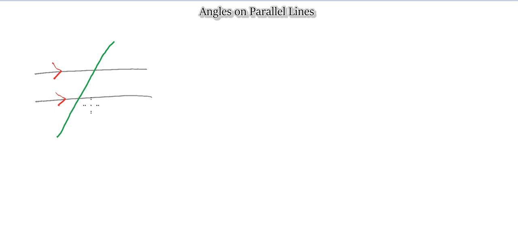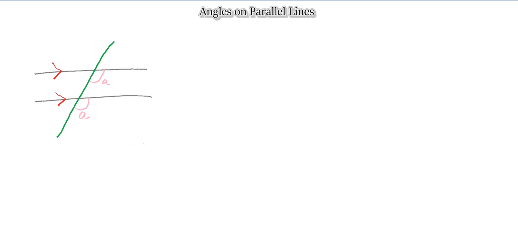So let's say if we're looking at this, let's just label that as angle A. This angle A would be identical, exactly the same as this angle. And why is that? The reason being is because these two lines are parallel, and there's only one line that's cutting through both these parallel lines, which makes this exactly the same as this